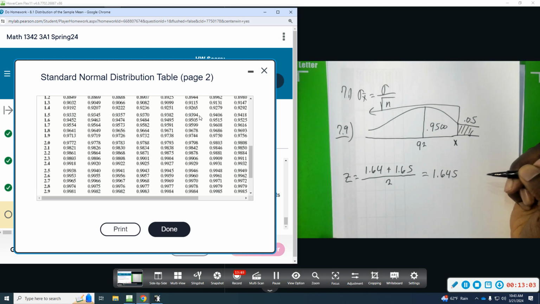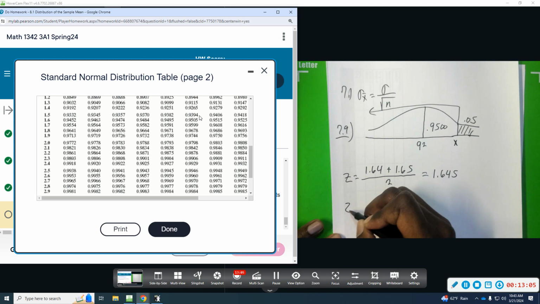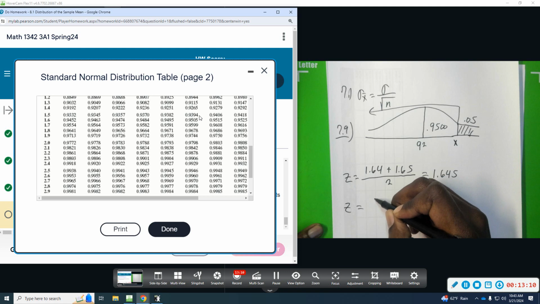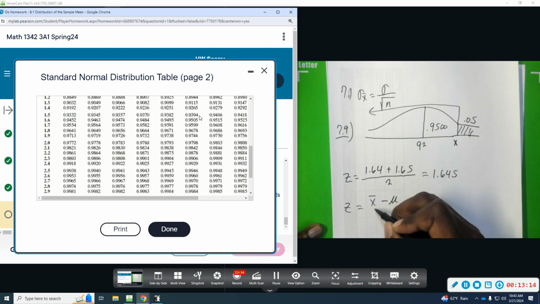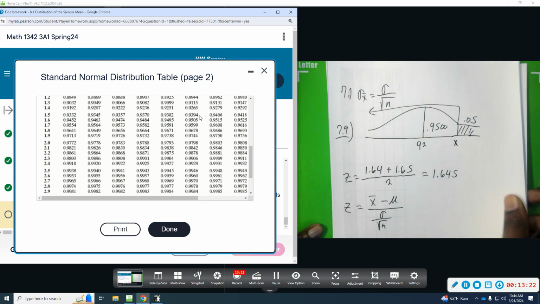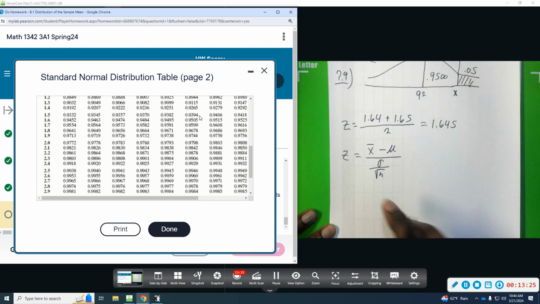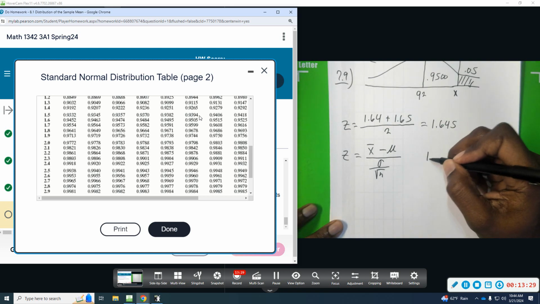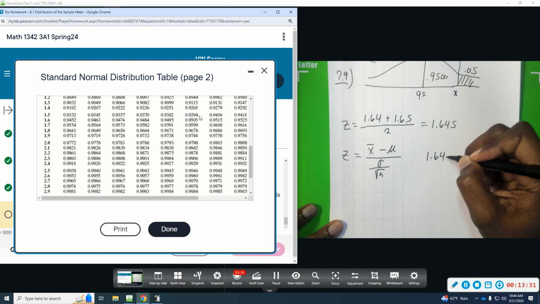So using the approximately normal z formula, we are saying x bar, which is what I'm looking for, minus the mean divided by the sigma over square root of n, and we're going to work backwards to find the x bar. So we got z, which is 1.645